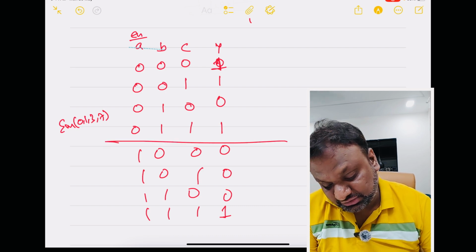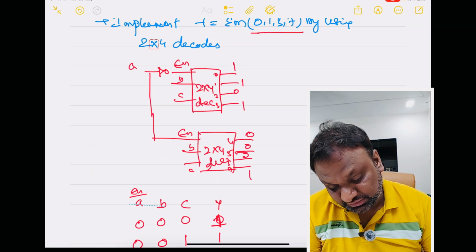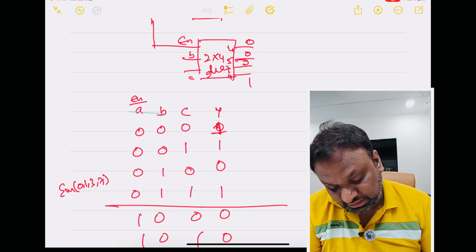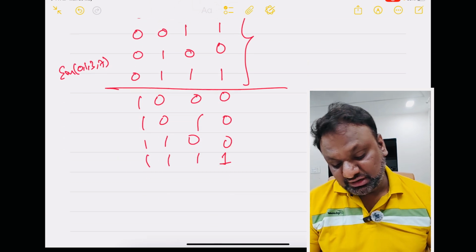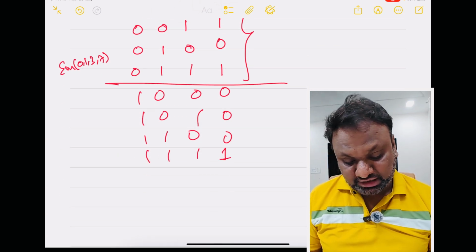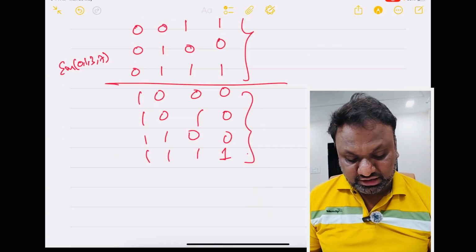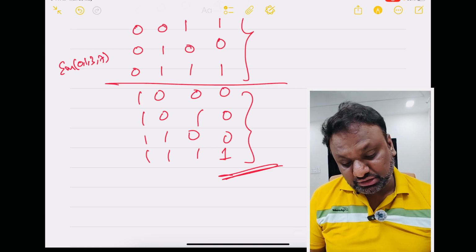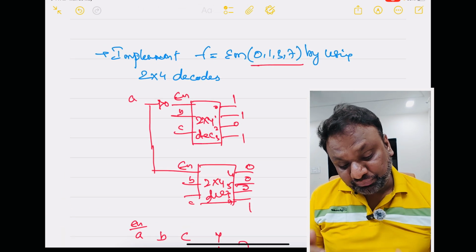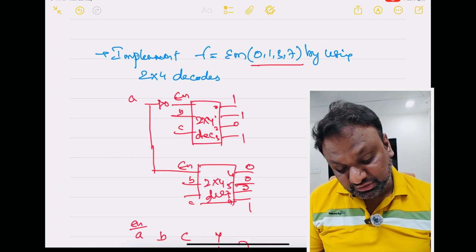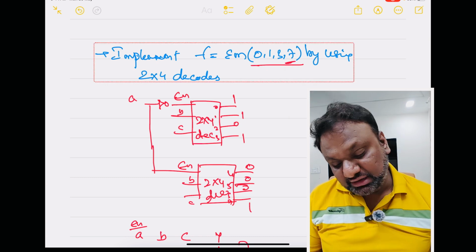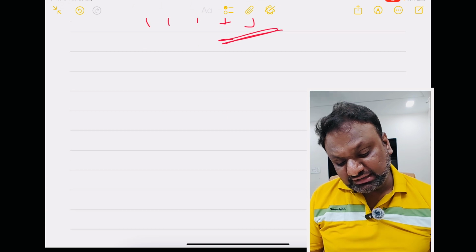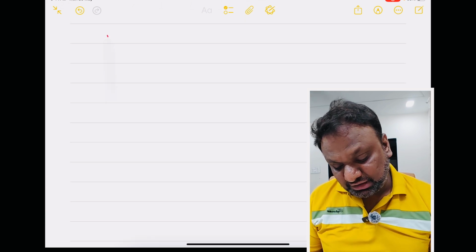So when enable is equal to 0, you get an output when BC equals 00, 01, 11 from this particular 2 to 4 decoder. When enable is equal to 1, you get an output from this particular decoder. Hence this is the implementation of a Boolean function. Usually the number of inputs is 3, but we have implemented the same thing by using a 2 to 4 decoder. Similarly, in your examinations you might be asked to implement